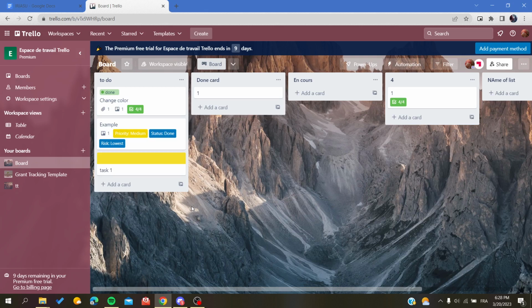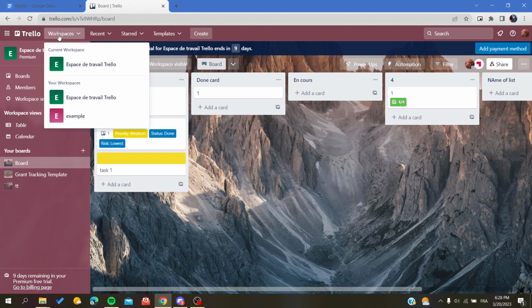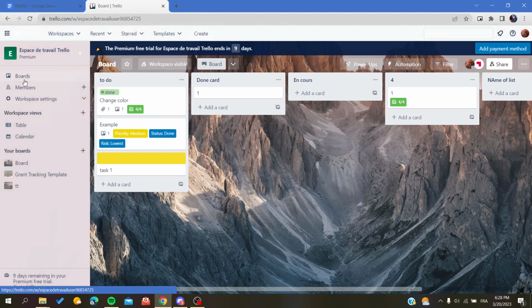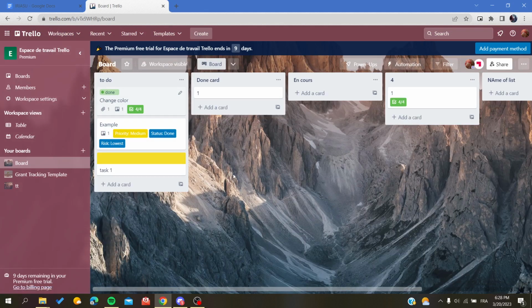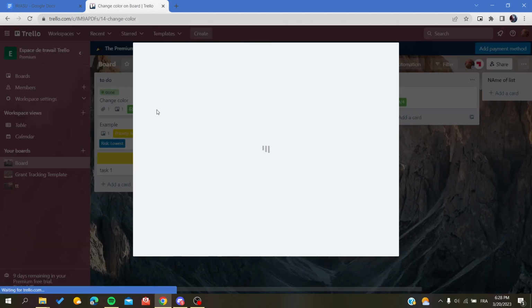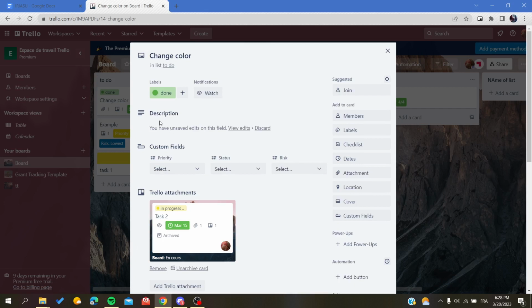So now, after you succeed in connecting to your workspace in Trello, we will need just to follow these simple steps. And basically, we need to go to your boards. So by being in your workspace and clicking on it here in the workspaces, you will find your boards here. And basically, you will need to choose the boards where you want to work. And basically, I'm choosing this board. And now I'm going to this list. And basically, I'm going to choose a card. And now we can start